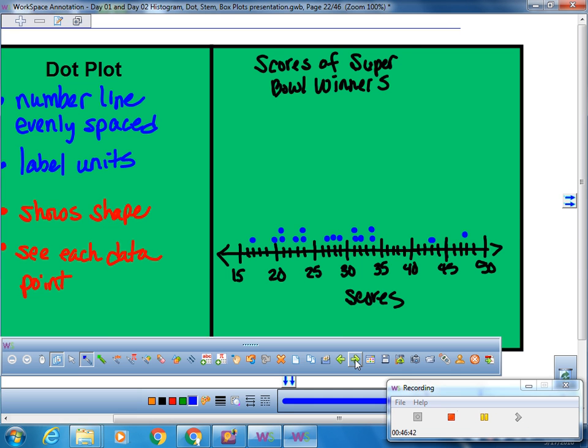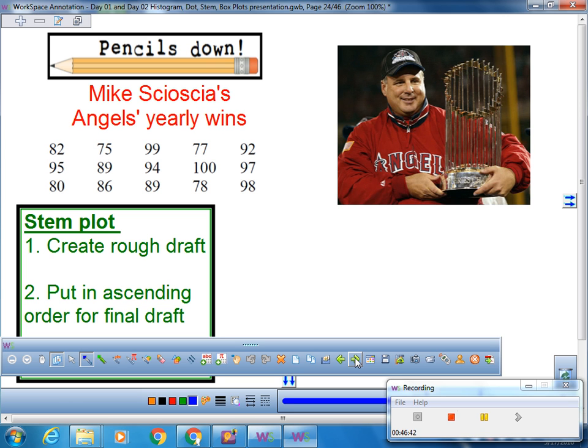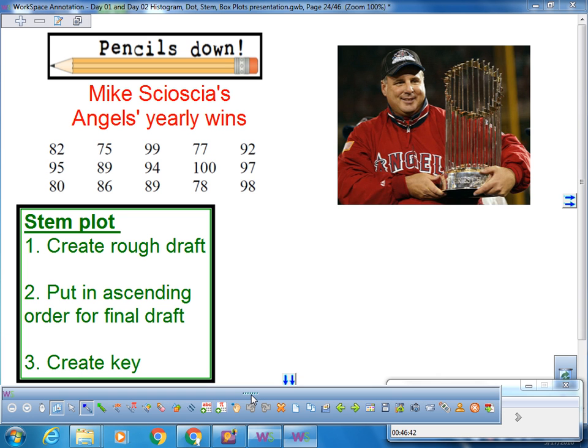Okay, let's look at the last one. Not the last one. Okay, so let's put them in our last spot. Alright, we're going to do a stem and leaf on this one. Stem and leaf's my favorite too. It's just easier. You don't have to worry about spacing it out. You just say, hey, how many pieces of